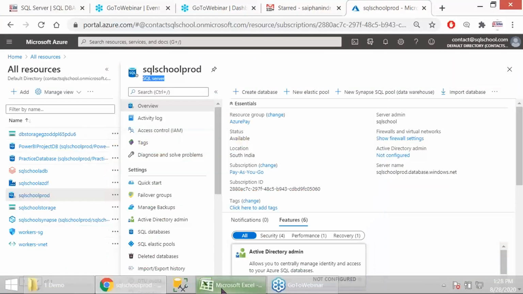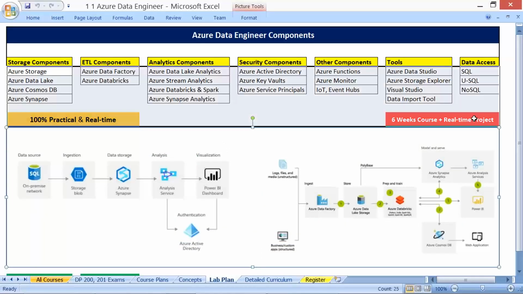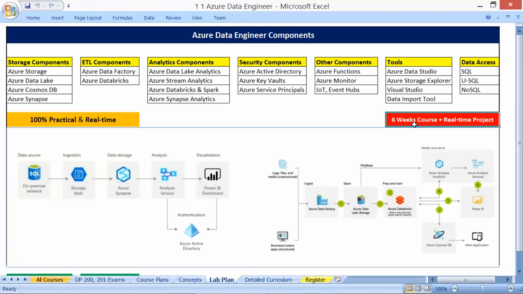As per the lab plan, that includes various components, a 6 weeks lengthy course that runs weekly 5 days, Monday to Friday, or you may opt for the weekend course that will be spanning approximately about 8 weekends, weekly 4 to 5 hours, and 8 weekends, Saturdays, Sundays.